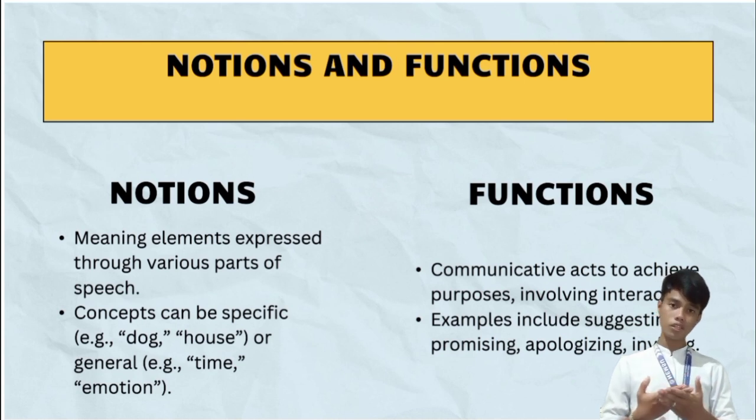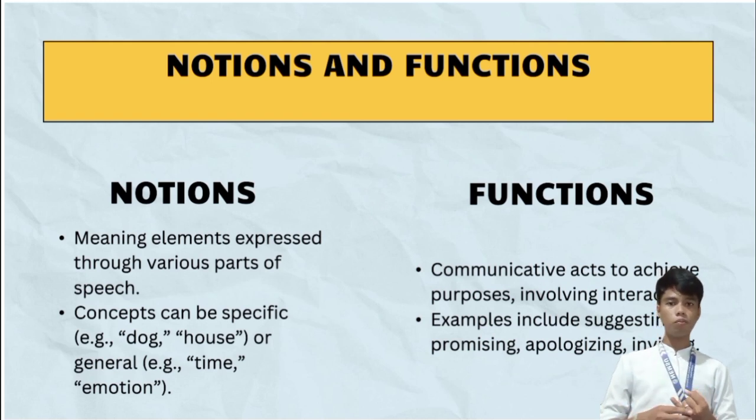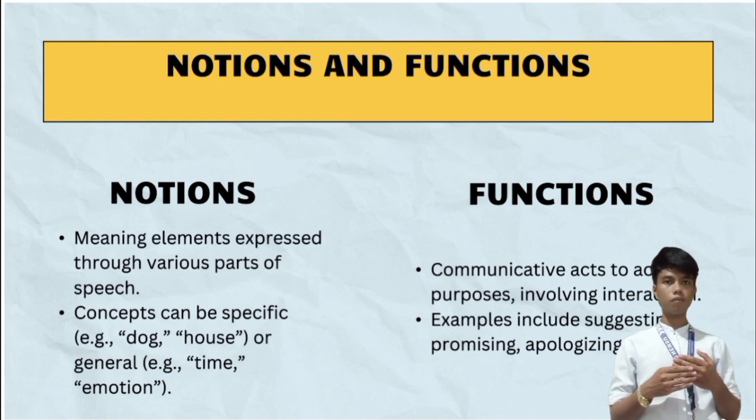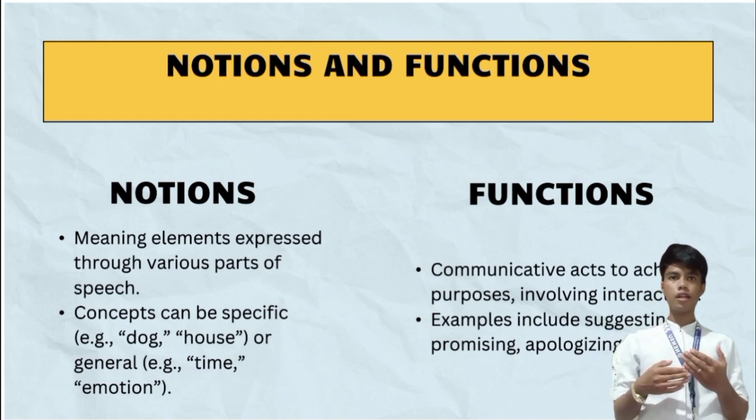Now, to fully understand the functional notional approach, let's break down the two root words of this approach, which are the functions and notions. So let's first define the notion. The notions refer to the meaning elements expressed through various parts of speech, for example, noun, pronoun, verb, adverb, and adjectives. Its concept can be specific, for example, dog or the house, or it can be general, like time, emotion, and so on. While the functions are the communicative acts to achieve purposes involving interaction. For example, they include suggesting, promising, apologizing, inviting, and many other language usages. In short, notions refer to the underlying concepts being communicated, while functions are the specific communicative goals that students need to achieve,